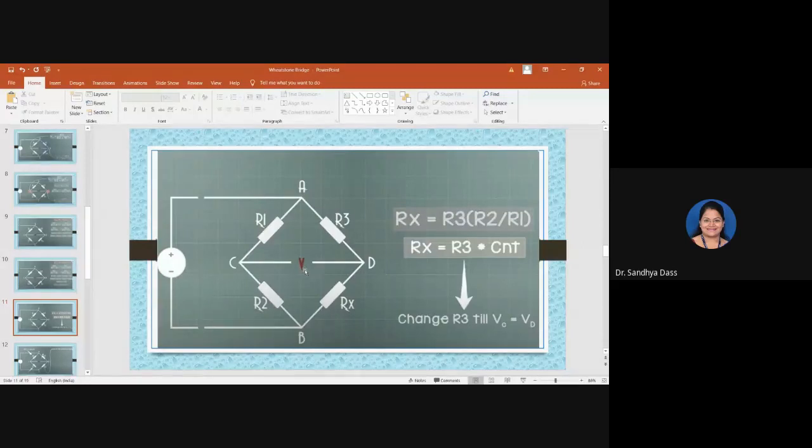The ammeter or galvanometer will show us the amount of current flowing through that path, isn't it? So if there is no deflection at all, it means there is no current flowing in this path. So we will use the ammeter here and look for null deflection. When there is null deflection, that is an indication to us that the bridge is balanced, right? When the bridge is balanced, we will end up with this ratio, which we will use to measure the unknown resistance.